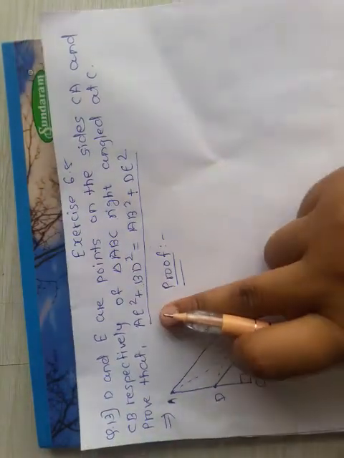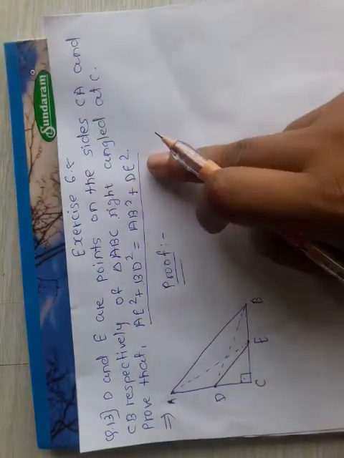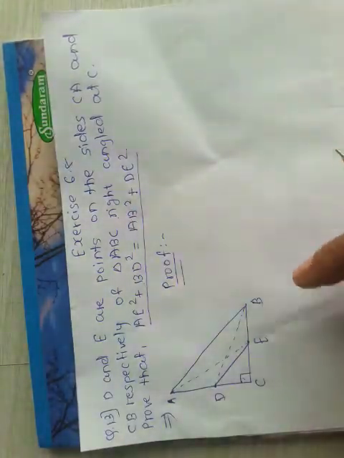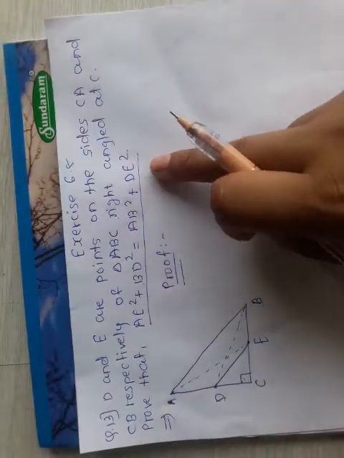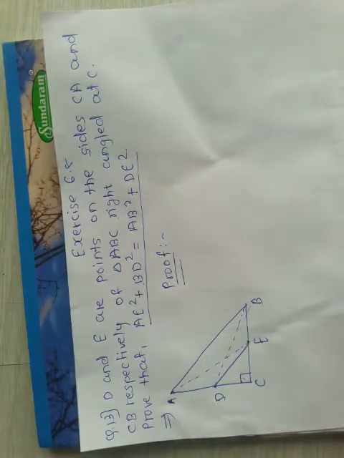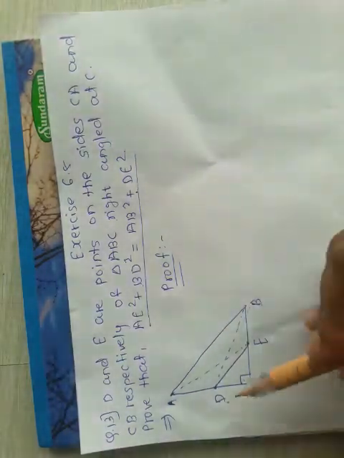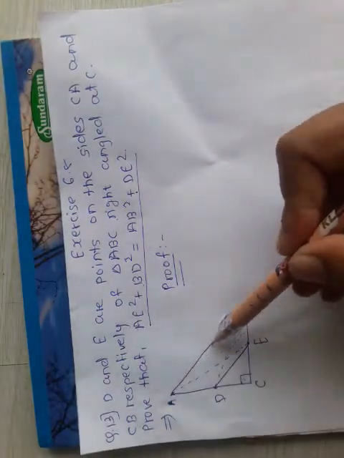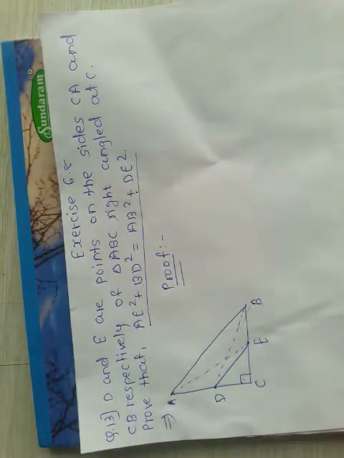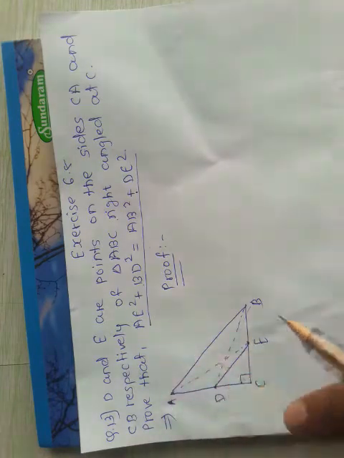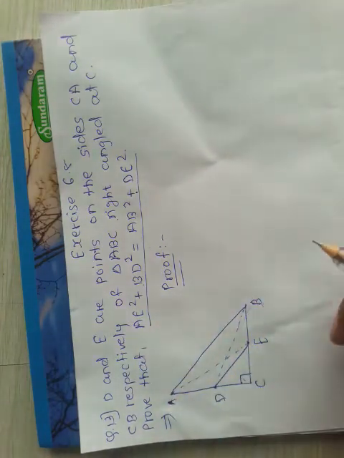So see, if we have to find AE square, BD square, AB square and DE square, then we will add them. We have to find out one by one AB square and DE square. How can we find AB square and DE square? We have to take the right angle triangles. First we are going to find AB square and then DE square. How can we find AB square? We have to use this whole triangle ABC, which is a right angle triangle. If we use Pythagoras theorem in this whole triangle ABC, then we get AB square.